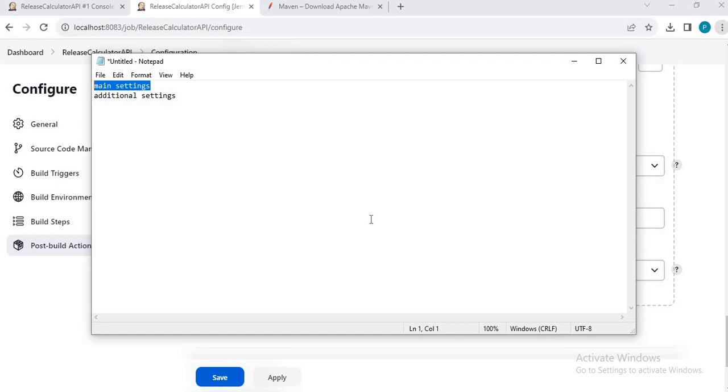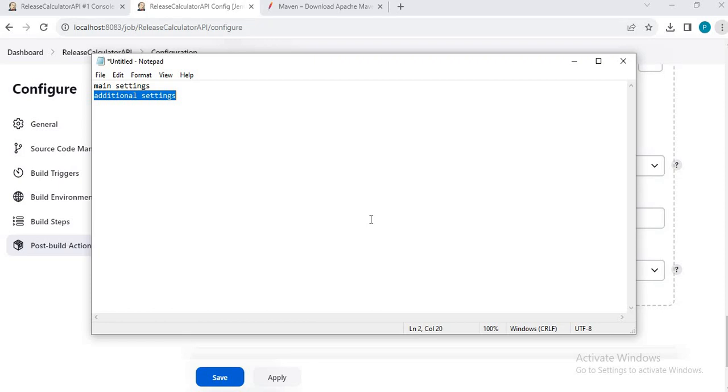But if you wish to override any setting, then you can specify it in your additional settings XML, and those configurations would be taken.